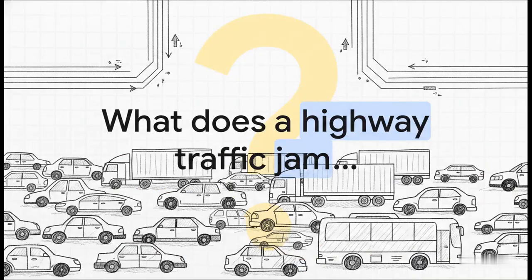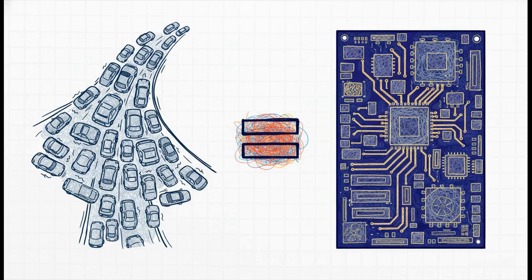So, to kick things off, let me ask you a quick question. Just picture the last time you were completely stuck in traffic. You've got cars, trucks, ambulances, all of them just inching along, trying to get somewhere. Now, what does a massive highway traffic jam have to do with your computer? Well, it turns out pretty much everything. That feeling of complete and utter gridlock, that's exactly what your computer is working tirelessly to prevent every single millisecond